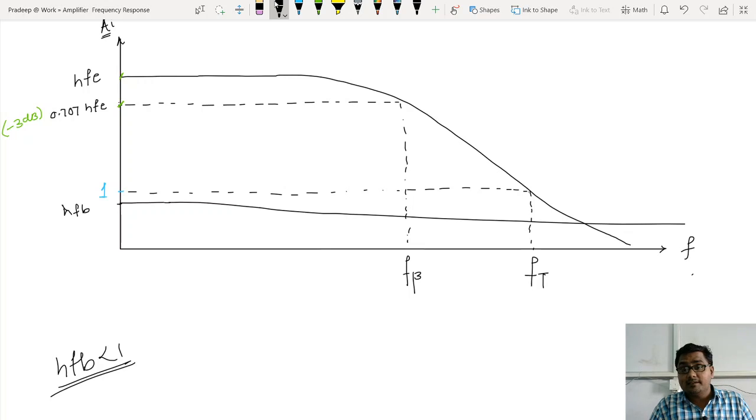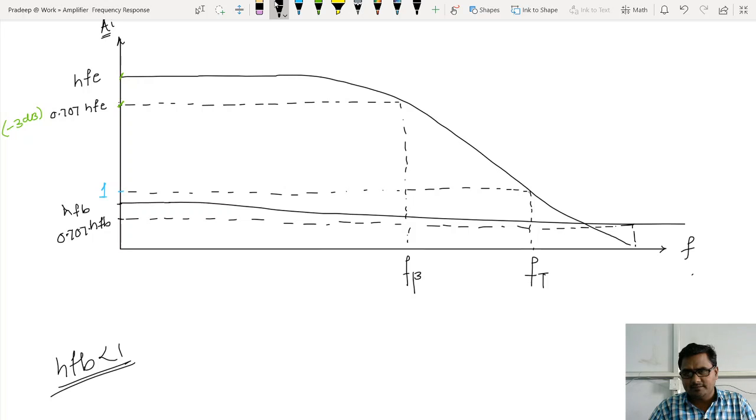Now what is alpha cutoff frequency now? Alpha cutoff frequency is 0.707 of HFB, as like beta cutoff frequency. So somewhere here I will mark it as 0.707 of HFB. Okay, and now from that I have to draw a line where it cuts the graph. Okay, somewhere here it is